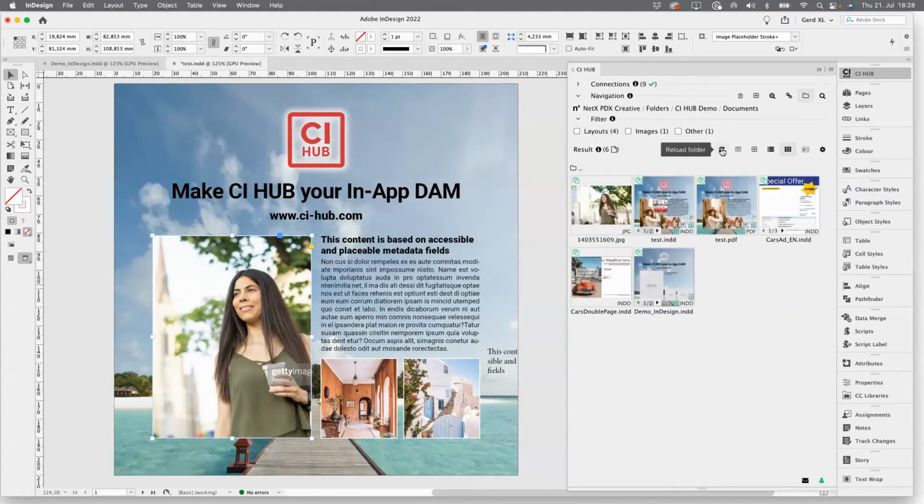Takes a while to refresh. So here we go. This is the image which we have just placed from Getty, and now it's in NetX. Okay. Next is